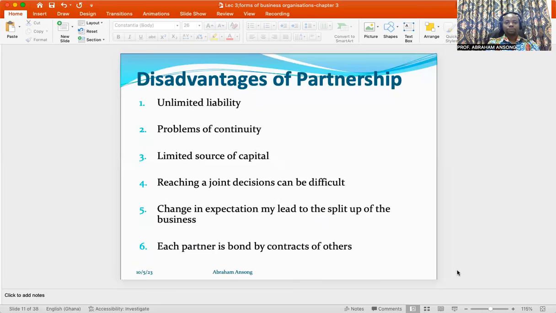Okay. Point 4 says reaching a joint decision can be difficult. Yes. So this was an advantage we found in sole proprietorship. The owners basically can decide and implement their decisions quite easily. But if it is a partnership, as the name suggests, you need the consent and the opinions of your other partners before making a decision. And that could be difficult depending upon the type of partners that you have. Okay. Sometimes it's not because the partners are difficult, but if they feel the decision is not right, they will want to make their case as clearly and as cogently as they can.